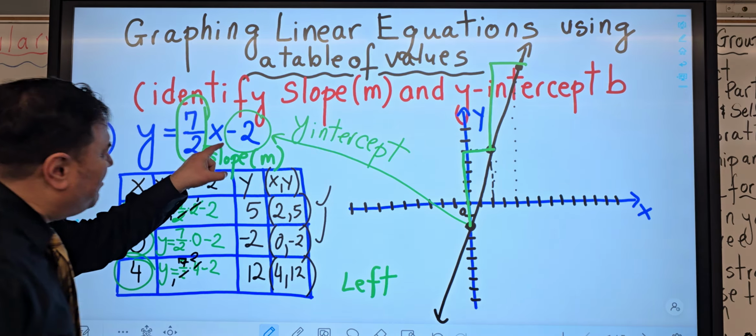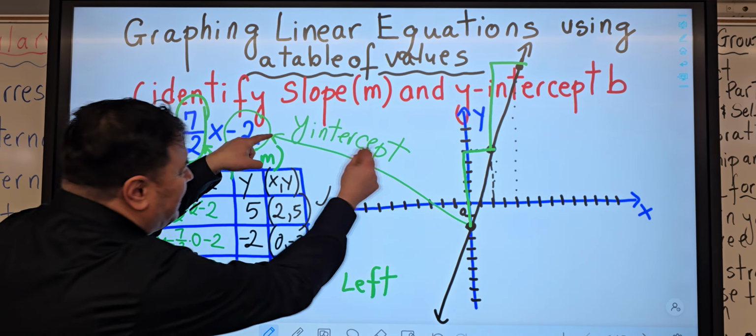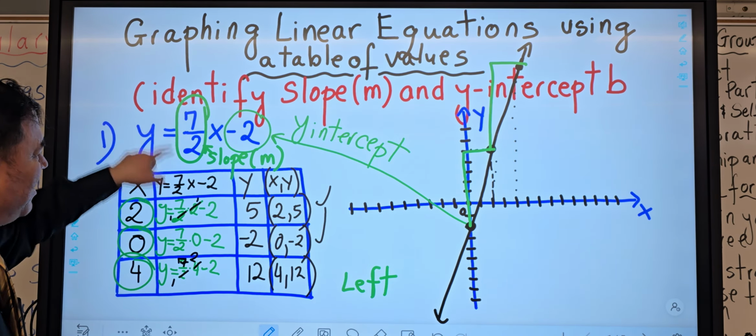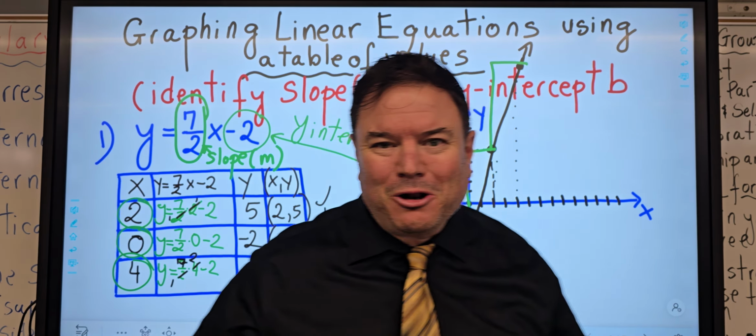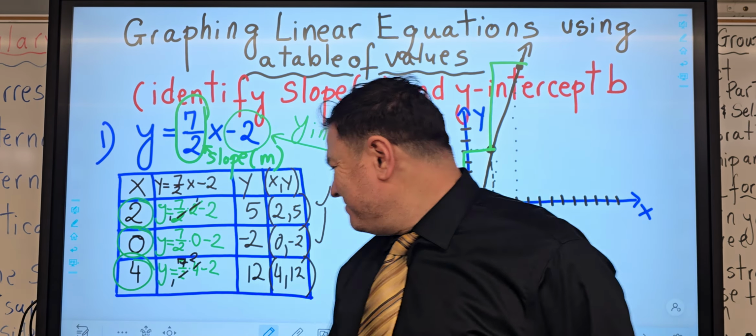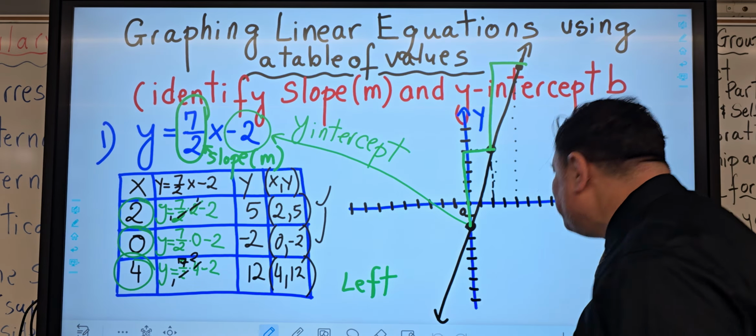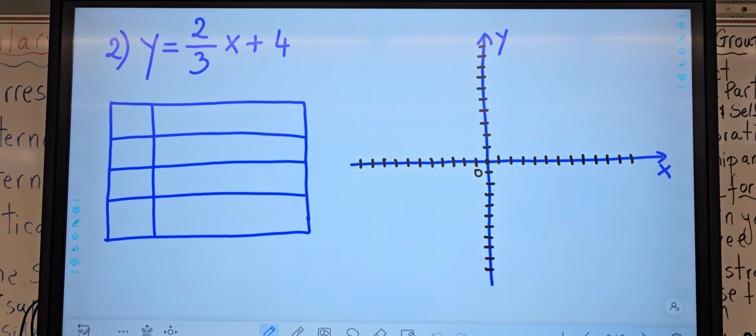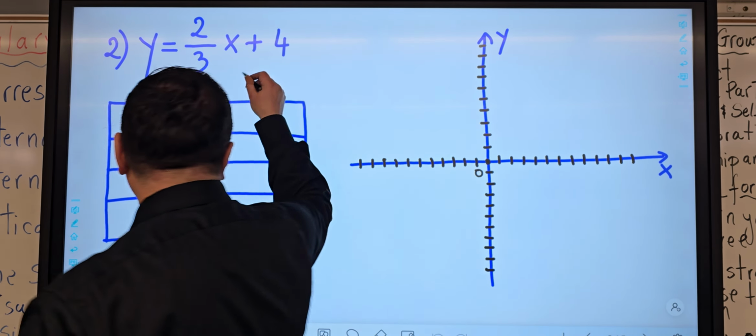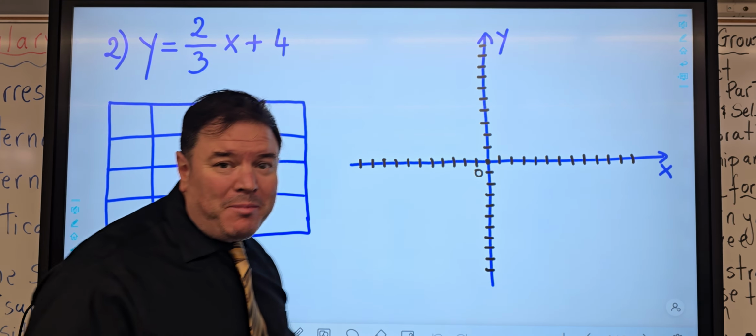Remember, the last number at the end represents the y-intercept, and the number in front of x represents the slope. That's it. Okay, let's take a look at another example here. Here we have 2 over 3x plus 4. Remember, again,